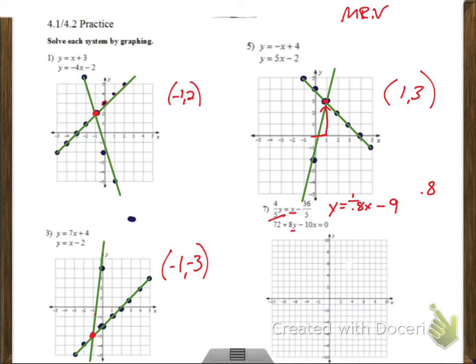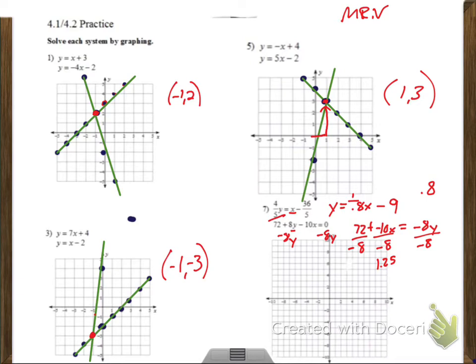So I need to get that all by itself. First thing I need to do is get y to one side. So I'm going to minus 8y from each side. Okay. Then I'll have 72 plus negative 10x is equal to negative 8y. Then I have to divide by a negative 8 for everything. And that's going to give me negative 10 divided by negative 8, which is 1.25,